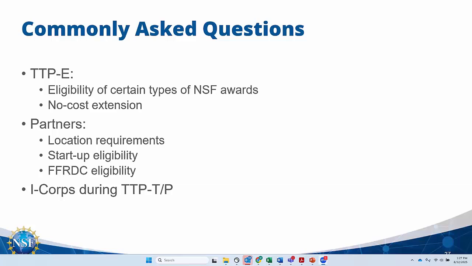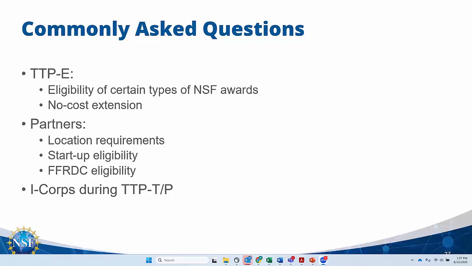In terms of no cost extension, we are asking for greater than or approximately greater than 1 year left on your award. This is really to give everyone enough time to submit the necessary documentation for us to review and make decisions, since again, we're anticipating we're not going to be able to fund nearly all of the inquiries that we get. So we are placing an emphasis on awards that are not under no cost extension currently. And then I'll turn it back over for Samir for the other 2.